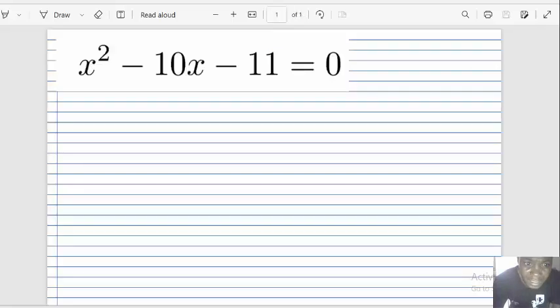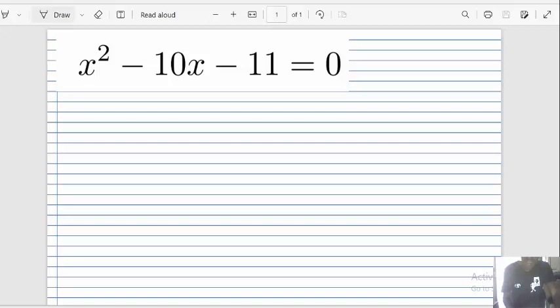In practice, say you are given this form: x squared minus 10x minus 11 is equal to naught. At first glance, you can see that you can solve this by factorizing. However, we are asked to solve this by completing the square. We are therefore going to start off by